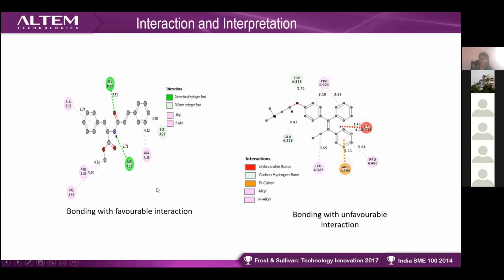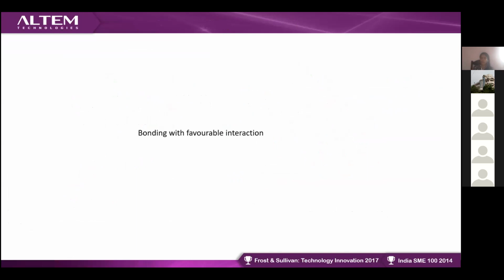If you have bonding with favorable interaction, you can look for that. And if you have bonding with unfavorable interaction, most software will not give you the unfavorable interaction, but here it will show you all the favorable as well as unfavorable interactions between the receptor and ligand molecule. That is the main difference between interaction and interpretation.